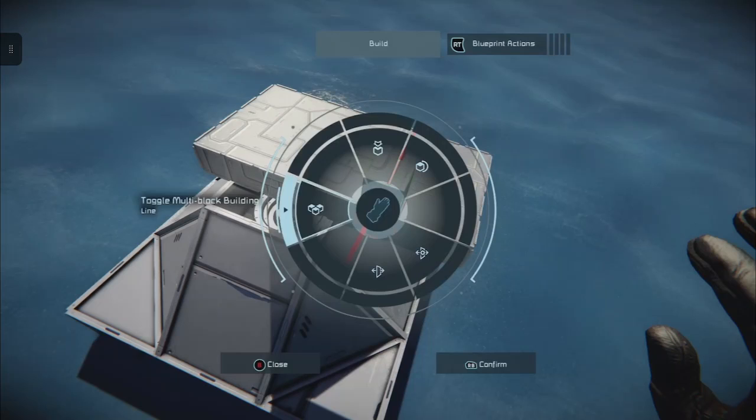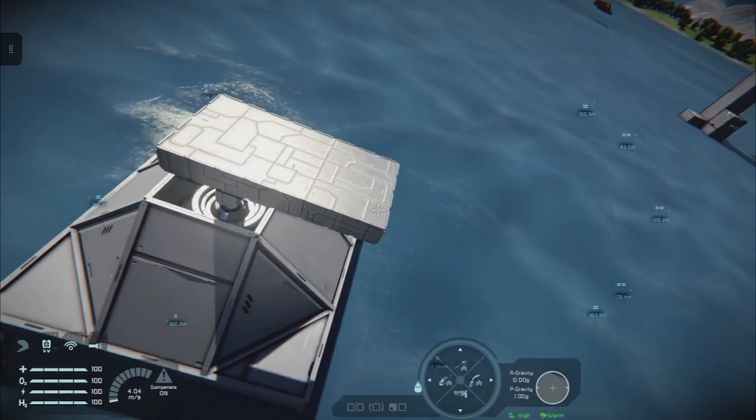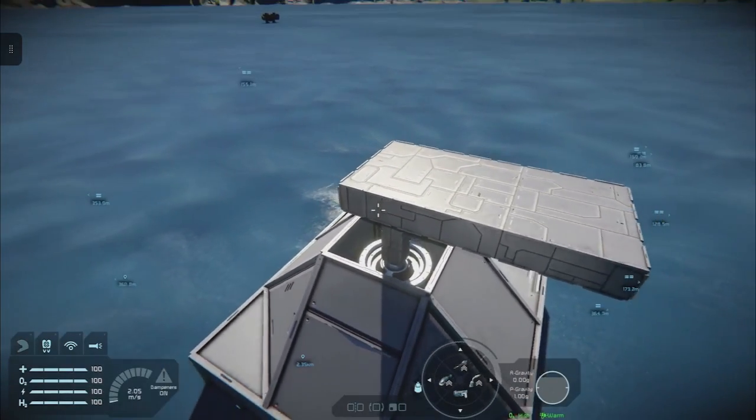So hold the left stick, tap the right bumper until it says line, then confirm it by centering the left stick and just tapping RB. And you'll have confirmation.